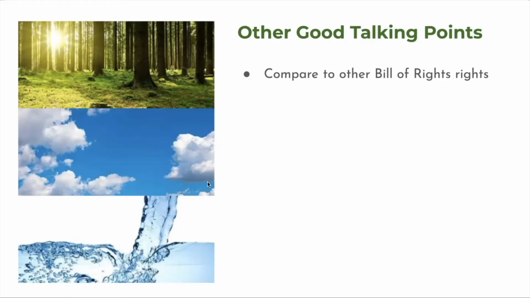Green Amendment. So the first bullet, this really is just talking about elevating environmental rights when situated along with those other beloved American rights, as I previously mentioned in the Bill of Rights section, like the freedom of speech. It not alleviates, elevates. So the freedom of speech, religion, the right to bear arms, those are all really deeply held American values. And it is really important to put the Green Amendment on that same pedestal. And that's why the Bill of Rights section is so important and key to the Green Amendment and how it's